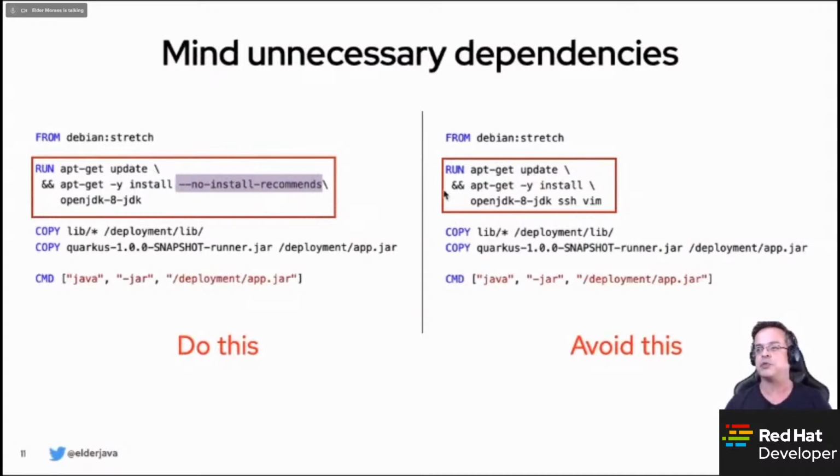And another aspect, of course: here we are installing SSH and Vim. And why would you need them? Sometimes maybe you do, but it's better, by default, to not have SSH, Vim, or any other tool. And if you need them, you go ahead and install them for some debugging, and then you remove them. But by default, keep in your image just the application, just the software that you really need. So don't install stuff inside your image that you really don't need.